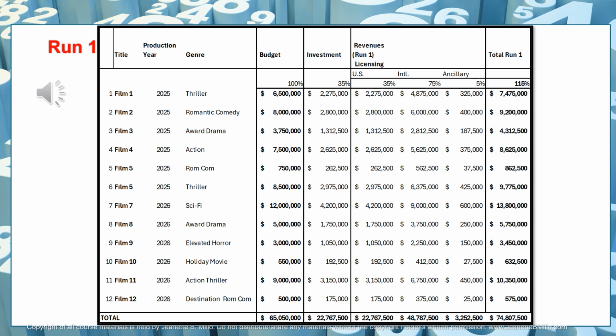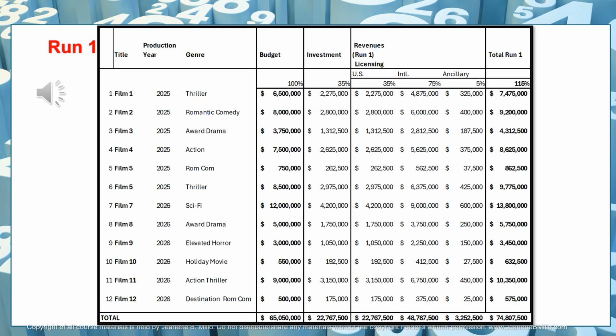It doesn't mean that we can't have a movie where potentially we're only investing 30% or potentially we are investing 50% because it's a lower budgeted movie, for example. So all of this is fine as long as it's kind of leveling out in the end to match our investment criteria. So for the projection of the library, we're going to generalize the percentages to make it easier for the investors to follow and also to have a general understanding what would happen in the first run, the second run, and the third run.